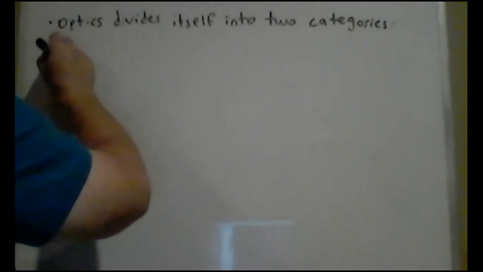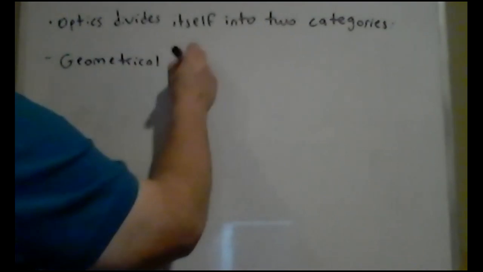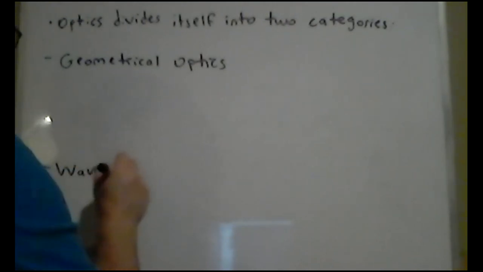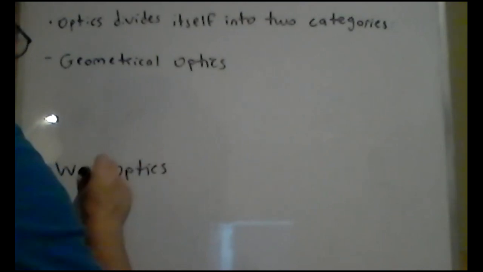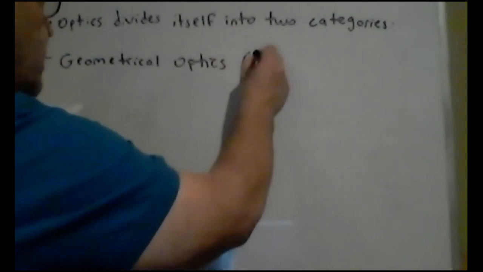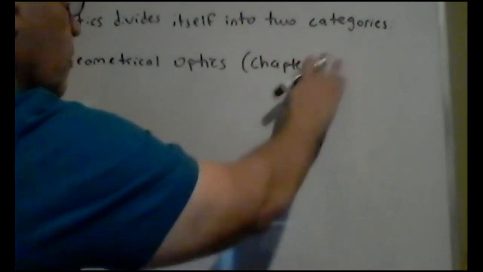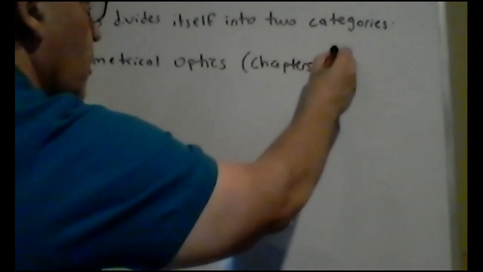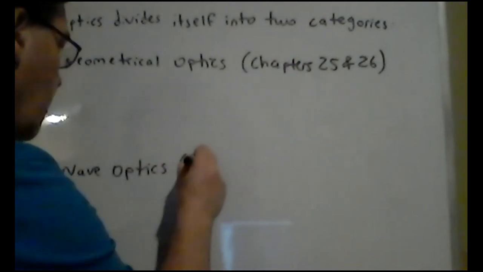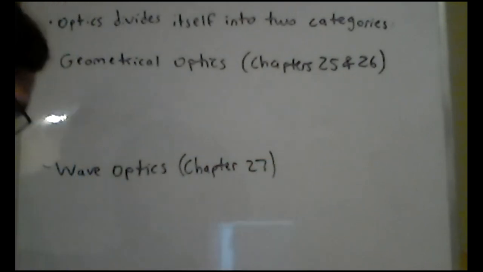We have geometrical optics and wave optics. Geometrical optics will be covering chapters 25 and 26 in this lecture, and wave optics is chapter 27. Now, geometrical optics,